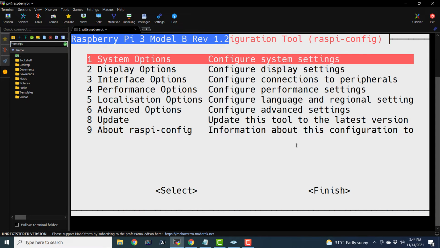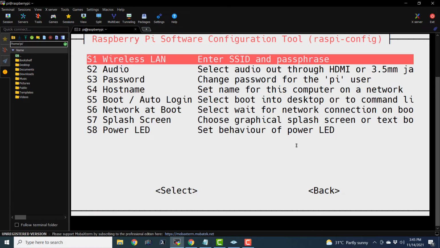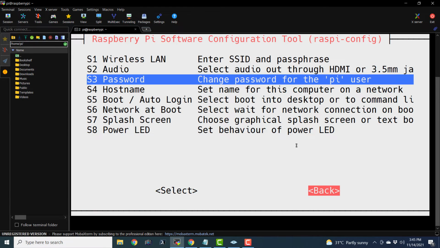And at this stage, you can even change the password of the system. So this is my development machine, and I prefer keeping the default password because I keep on writing many programs that actually access this Raspberry Pi with the default username and password. So I will have to change the passwords in all those programs. So I prefer to keep it as it is, but if you want to use this Raspberry Pi for some sensitive application, you might want to change the password using this option.